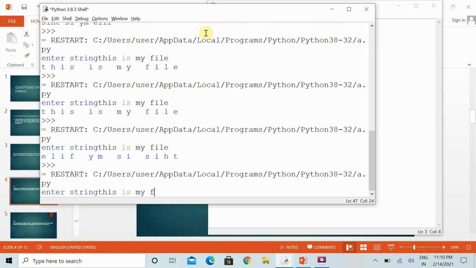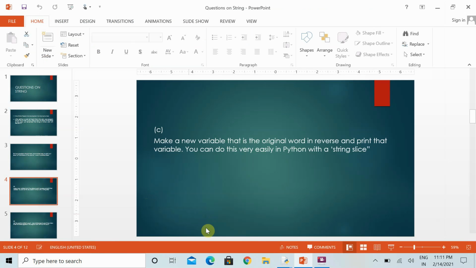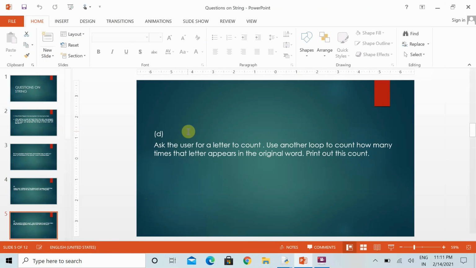This is my file. In this way also you can show, no need to use the for loop, and then use the range function and then specify everything in the negative order. Then in this way, by using the slice operator, we can use it. Here it is specifying, then we can use it, the slice operator concept.